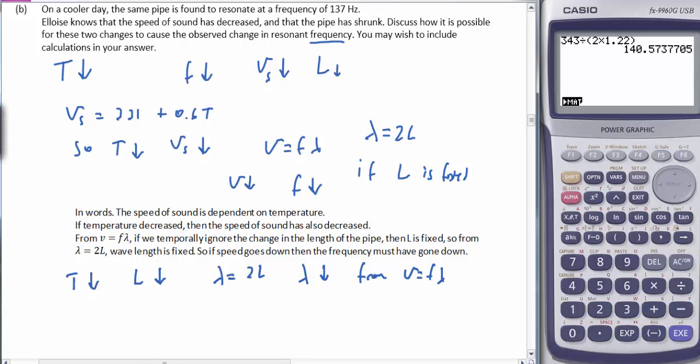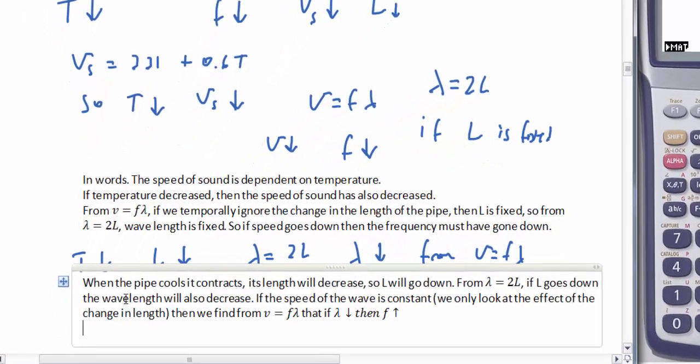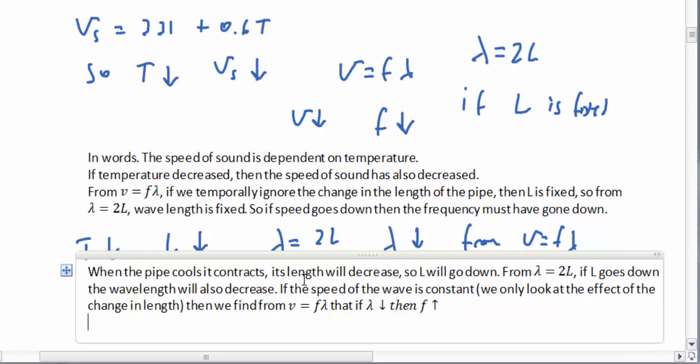So let's put that into words. When the pipe cools, it contracts, its length will decrease, so L will go down from lambda equals 2L, because we're still talking about the fundamental. If L goes down, the wavelength will also decrease. If the speed of the wave is constant, so we'll only look at the effect of the change in length, then we'll find from v equals f lambda that if lambda goes down, v is fixed, f must actually